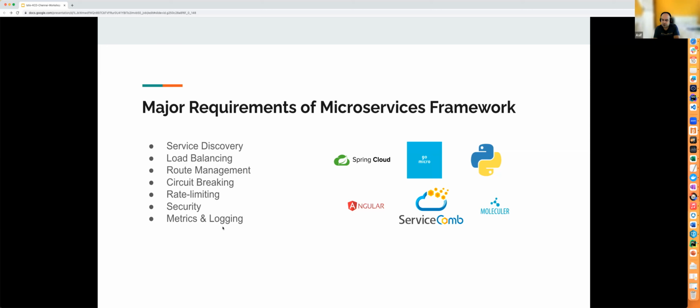If you take an example of ServiceCom, it has two SDKs, a Java SDK and a Go SDK, and they both can work together. But what if there is a Node.js application? Again, ServiceCom will not be able to resolve that. So all the requirements were addressed for microservices, but in their independent SDKs, and those SDKs might or might not be compatible. So that again became a problem